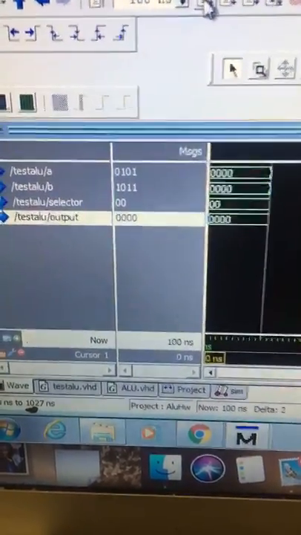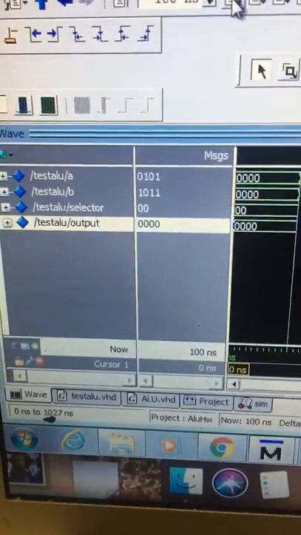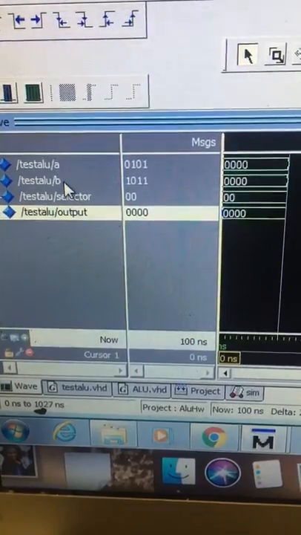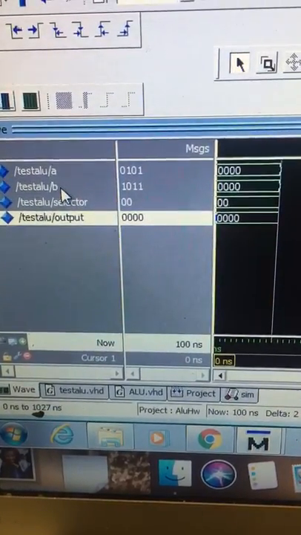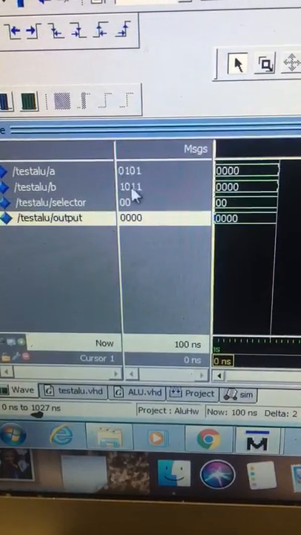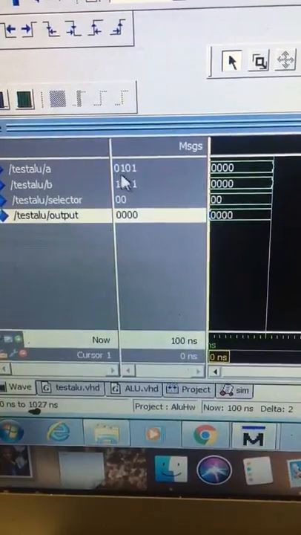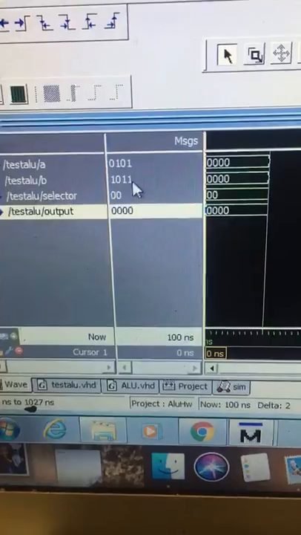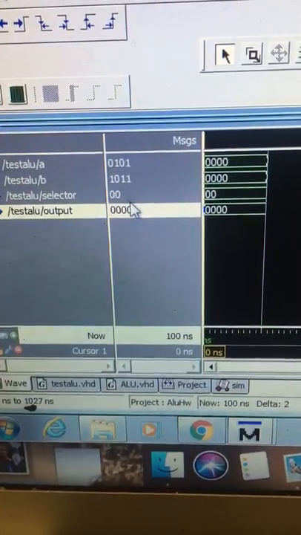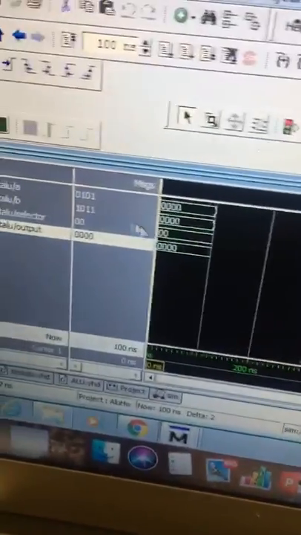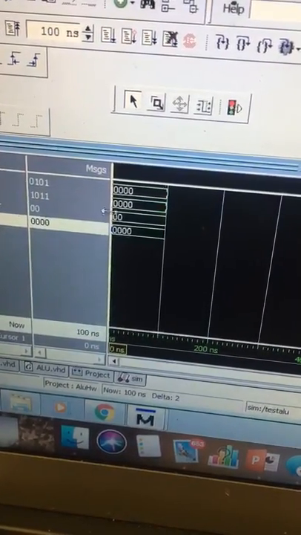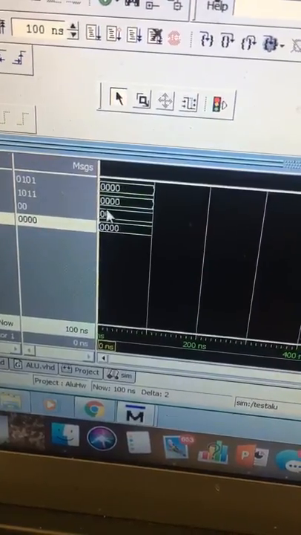For this bench simulation, we are using the values A and B as two 4-bit inputs. A is represented by the binary number of 5, and B is represented by the binary number of 11. And then our selector is 0 currently, and our output is 0. So when we first run the simulation and we get a 0 as our input from the selector,